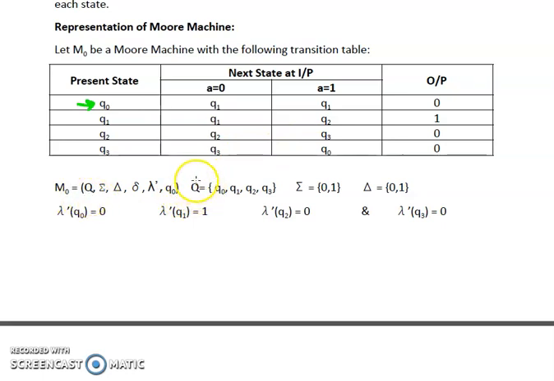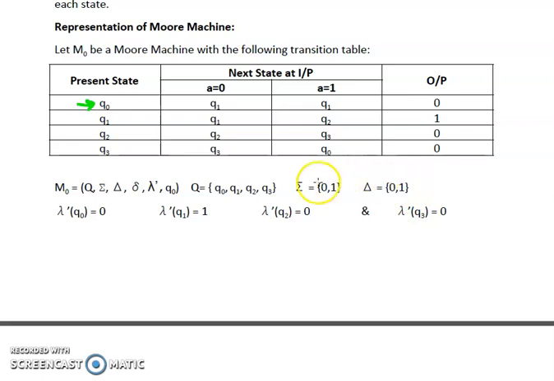Over here, capital Q is the set of states, and we will see what the unique states are. We can find that there are 4 unique states, so capital Q is the set Q0, Q1, Q2, Q3. Now summation is the set which consists of the input symbols. There are only 2 input symbols, 0 and 1, so 0 and 1 belong to the set summation. Now the next tuple is our capital delta. Capital delta represents the outputs. We can see the unique outputs are 0 and 1, so we will write 0, 1 as the symbols of the set capital delta.